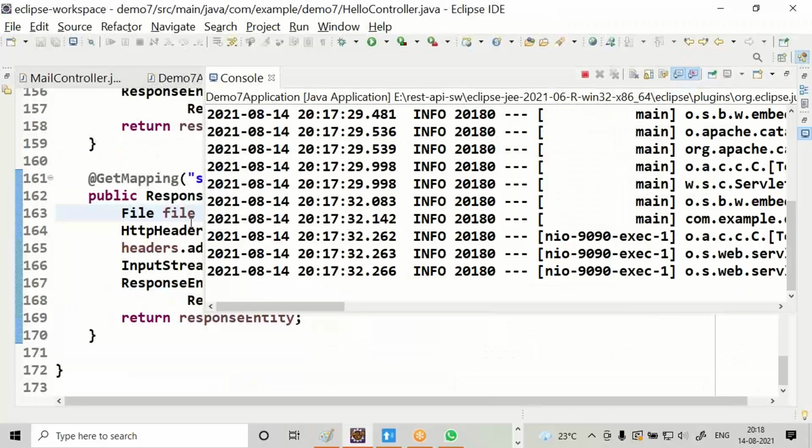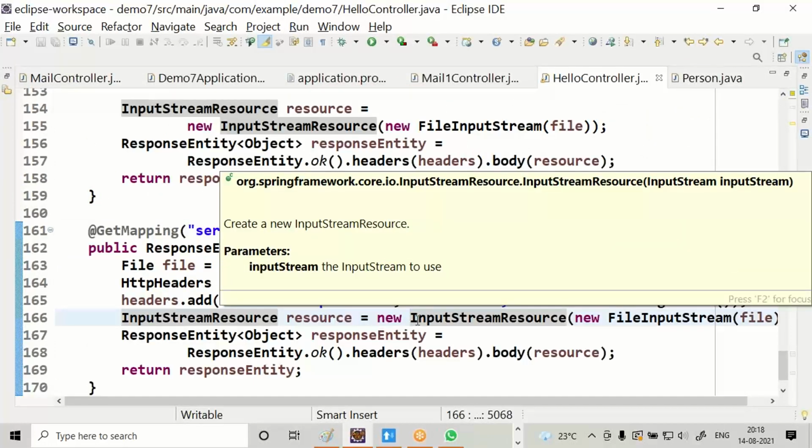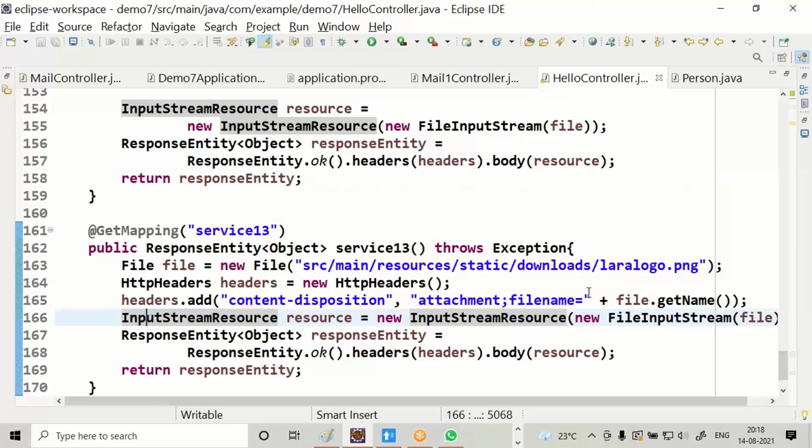Content-disposition is very important. These are response headers. I used a few headers only here. A lot more headers are there. Based on your requirement, you can keep using those headers. I have used the very frequently used headers.